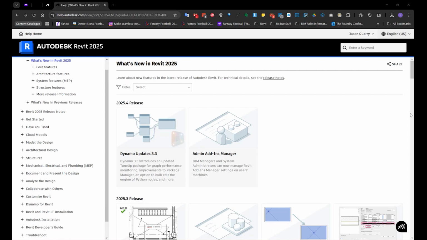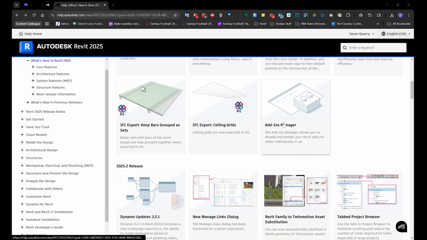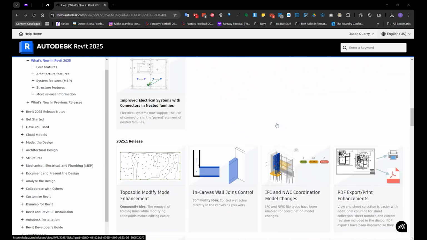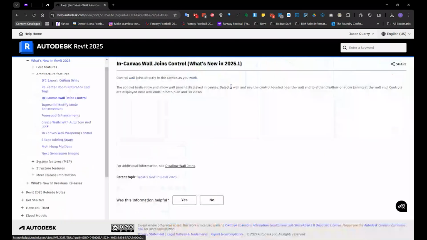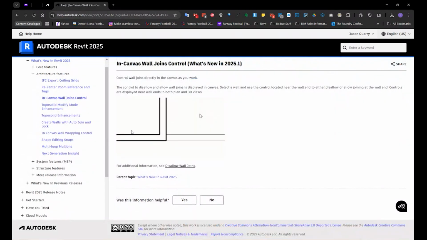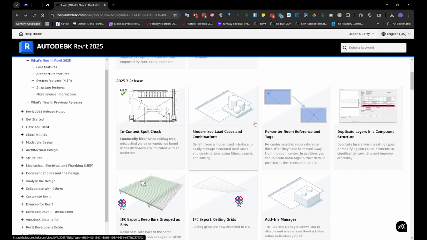In-canvas wall joining is another one. So I know several of you have had this in the past, so you'll like this. And I'm just going to let this demonstrate just so you can kind of see what it basically is trying to do. You can obviously click the join modes directly in canvas, so you don't have to keep hitting that button up here in the upper left-hand side. But there's also, somewhat related to this, another similar one,